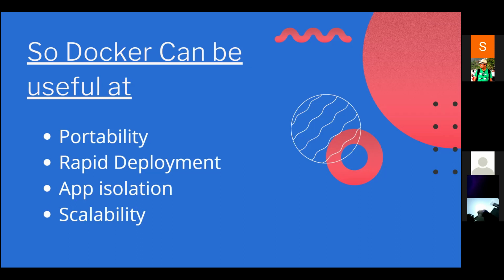So this enables rapid deployment. And you can run Docker with the command line as well, so you can easily integrate it with a CI/CD server, and you can create and destroy Docker containers in your CI/CD flow. App isolation is another important feature.